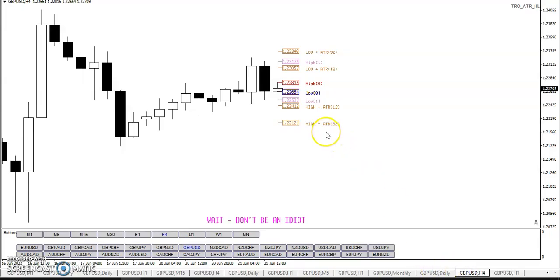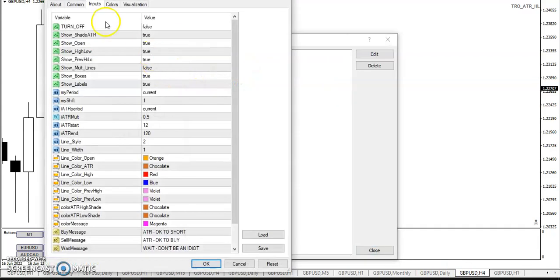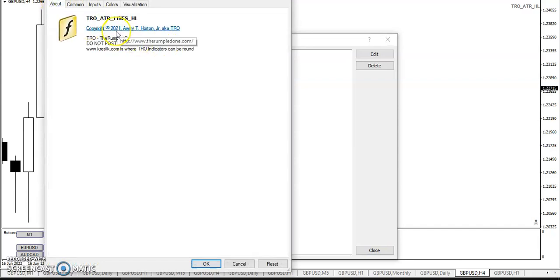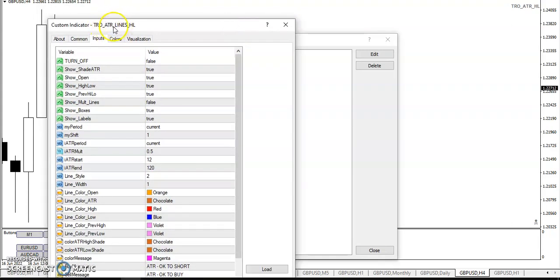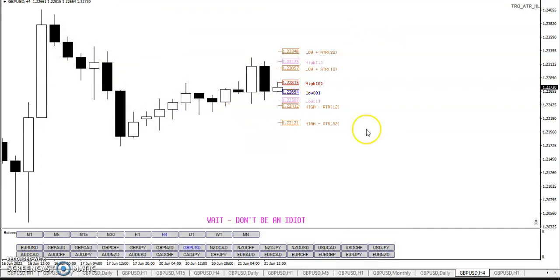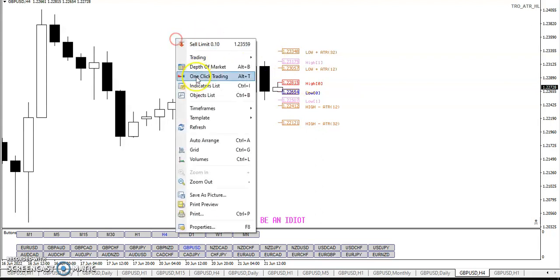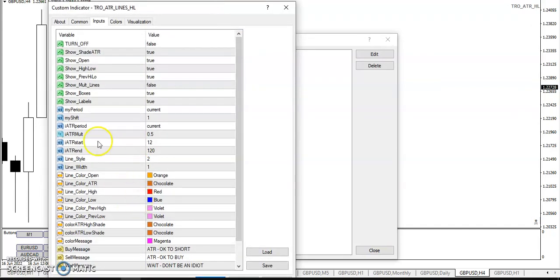Let's see, where did I put the chart? Here we go. I wrote an indicator a long time ago. I guess I modified it in 2021, but it's an oldie but goodie. TRO ATR lines high low, and what this indicator does is it computes the ATR that you give it. Let me go back into the inputs, and so